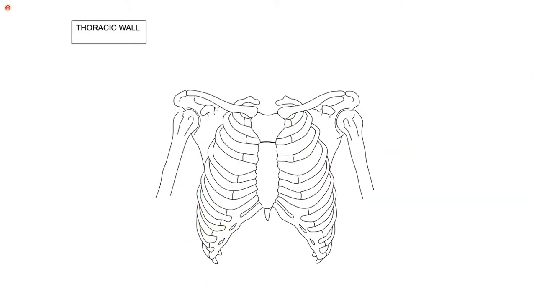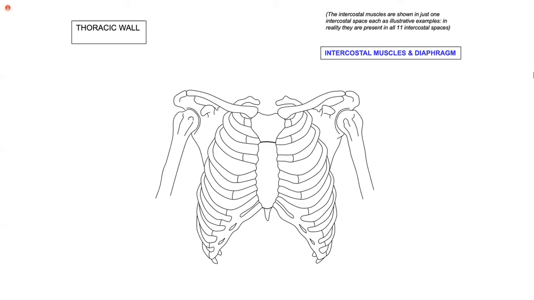So now we have seen the structures related to my anterior chest wall. So let's explore further what happens in the thoracic wall. We talk about intercostal muscles, and there is another muscle which is responsible for breathing, that is the diaphragm. So these all are my muscles which are used for my normal breathing, for my quiet breathing. And when I have forced breathing, those are the accessory muscles which will be labeled further. But right now I'm talking about the simple muscles.